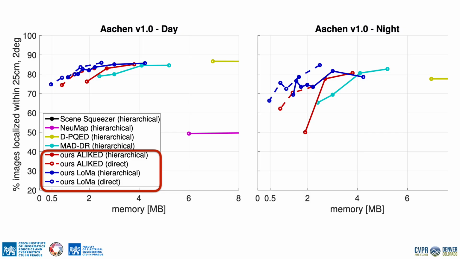We compare against full pipelines for compact localization, which combine structure-based compression with descriptor compression. These methods contribute on the descriptor compression level, and to compete, we use standard product quantization for our approaches. As you can see, our simple structure compression methods lead to state-of-the-art results. In particular, we obtain competitive pose accuracy using as little as 0.5 megabytes on Aachen.